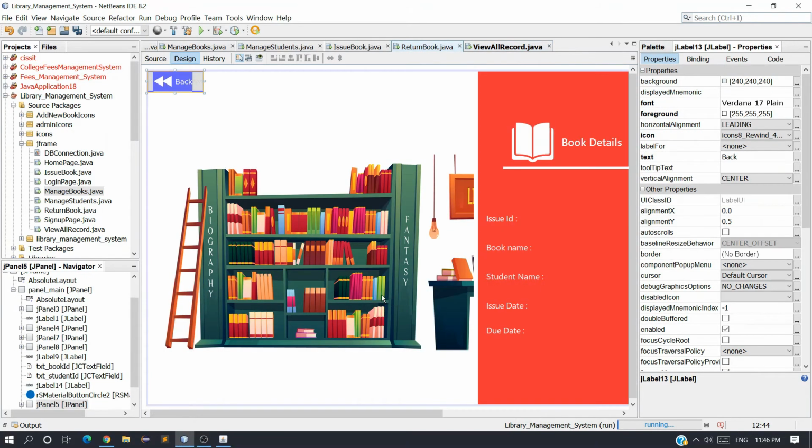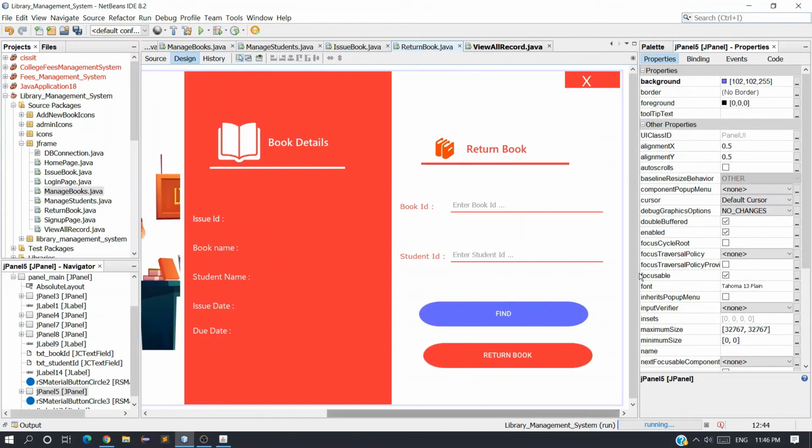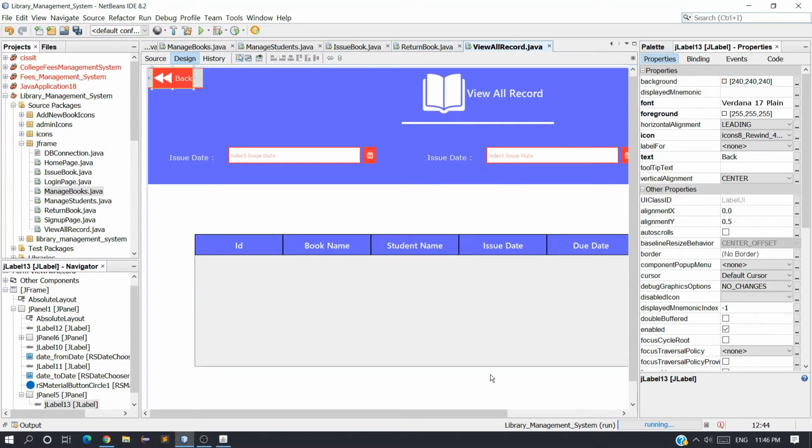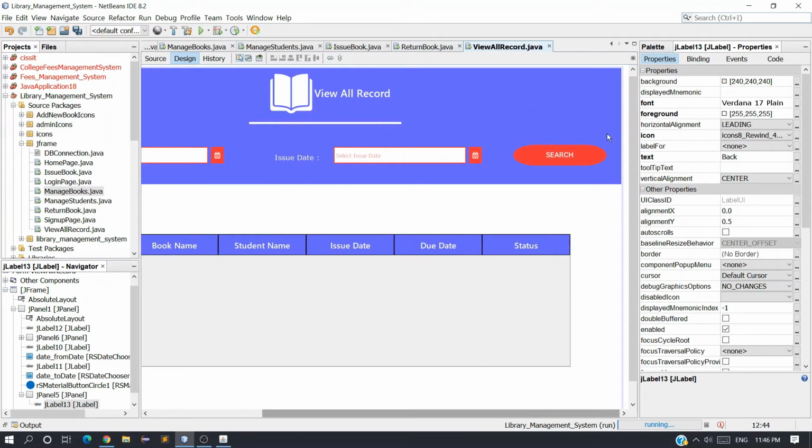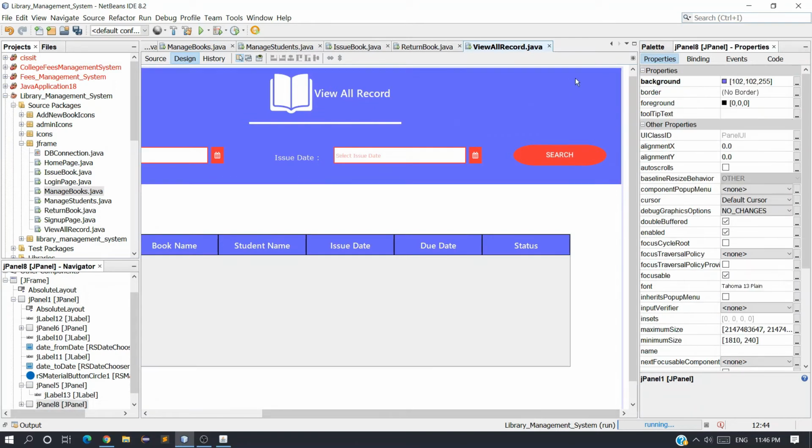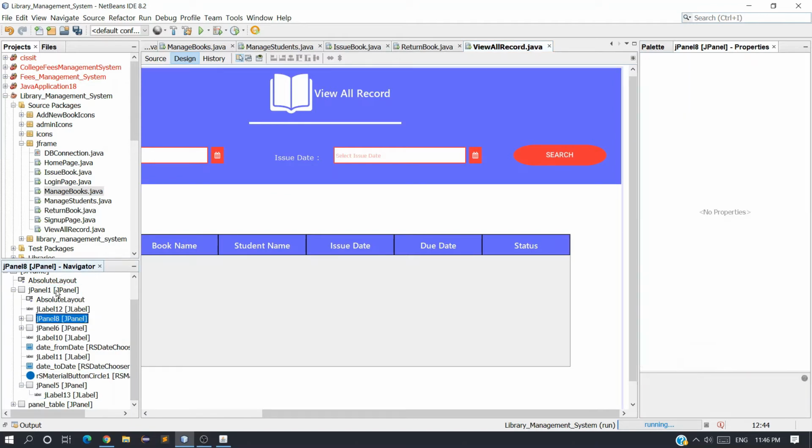Now let's simply copy the cross button from here, Control C, and we have already created that on every frame, so I don't know where it's gone. You can see here is our panel. I want to keep this panel inside this blue one, so this panel is panel 1 and I want to move this JPanel 8 into JPanel 1.